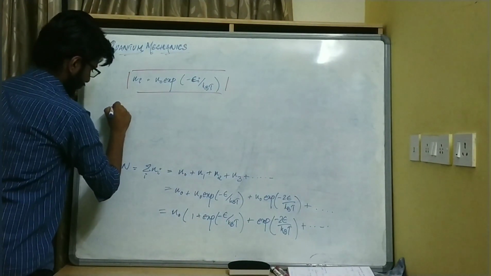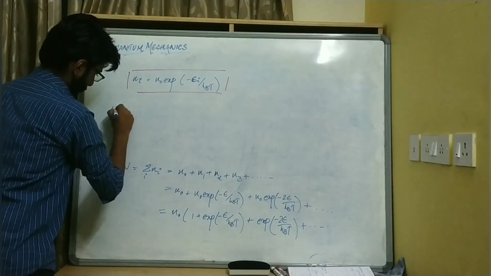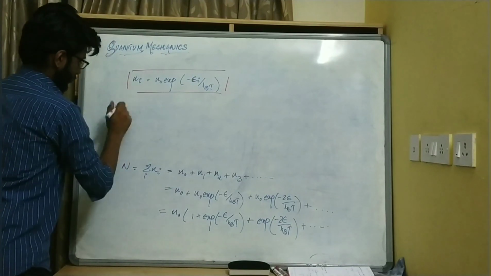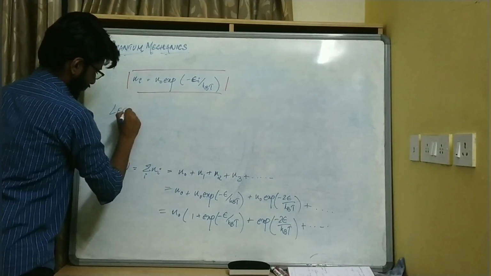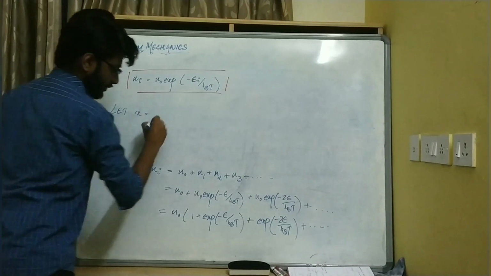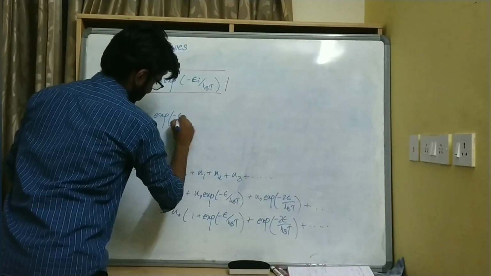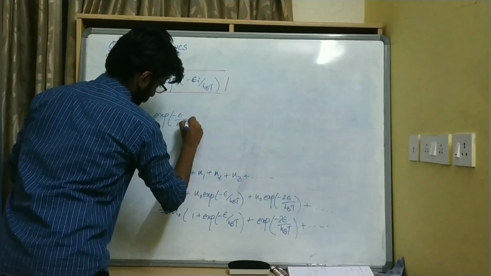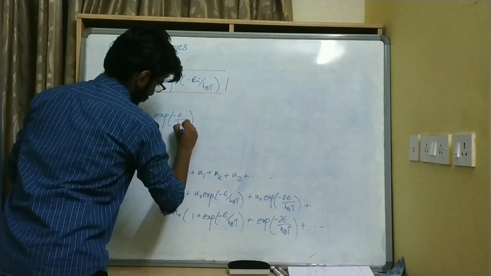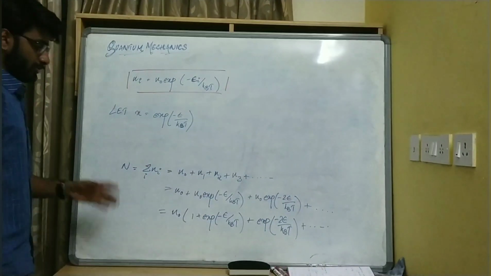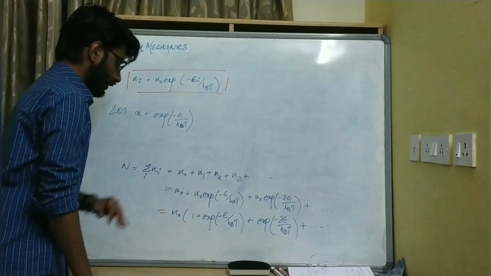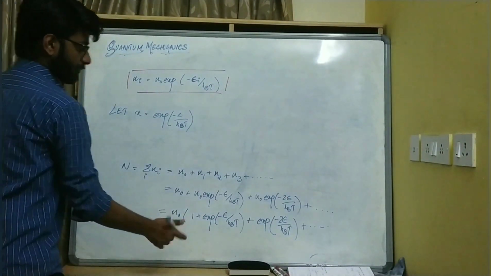Let x equal exponential of minus epsilon by kBT. The B is a subscript here, so keep this in mind, and this expression simplifies to